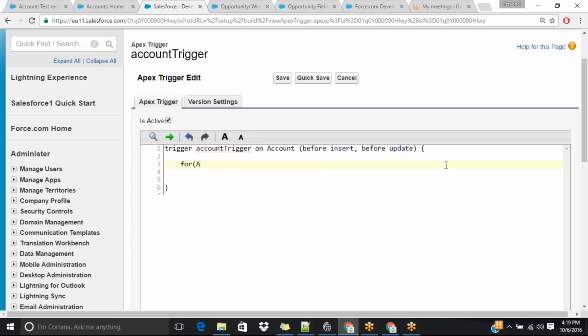Let me write it very simple. For account acc in trigger.new. Okay, so what I have to do is check the condition. If acc.phone not equal to null, I am checking this condition, because if the phone number is null, you cannot update the city. Based on the phone number, we are updating the city. That is why in the beginning itself I wanted to check whether the phone number field is empty or not. If that phone number field is not empty, then